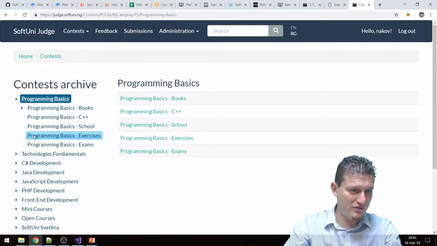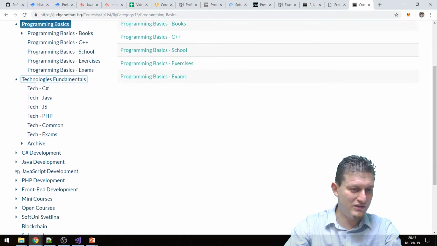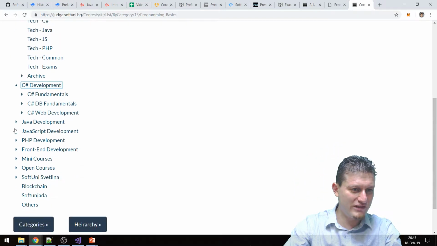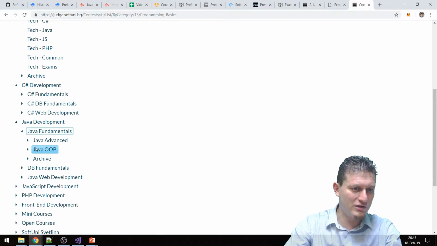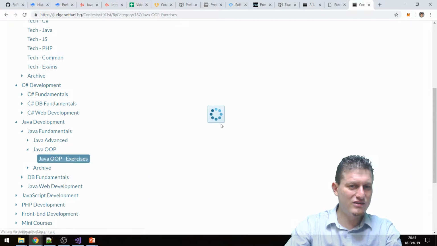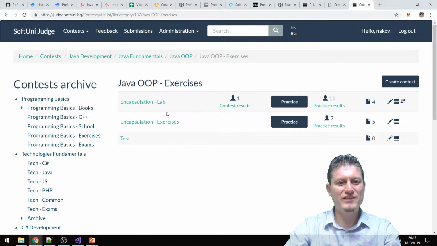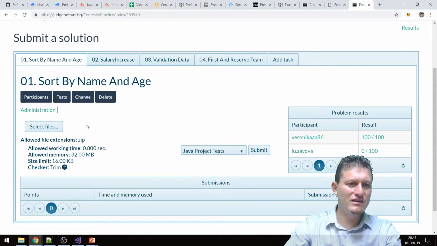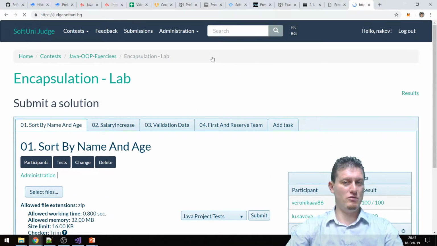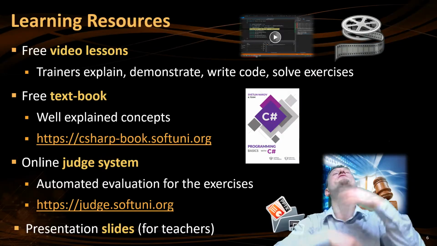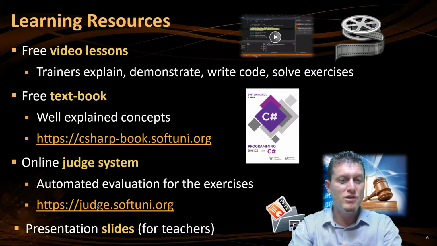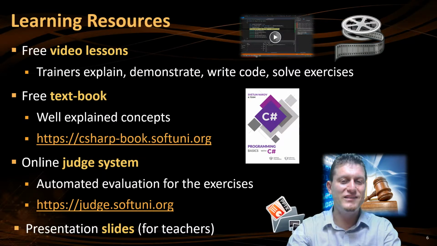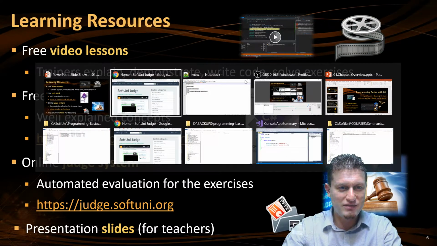See what happens. These are the C#, and for example in Java, we have a lot of lessons and a lot of exercises and labs where you can practice, and it's really big. So the Software University judge is something very useful for you, and you can practice all the exercises. You have links.